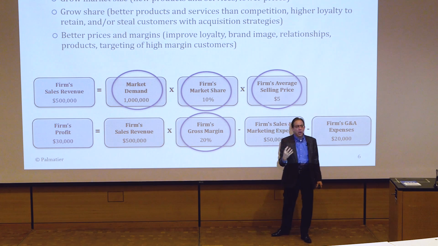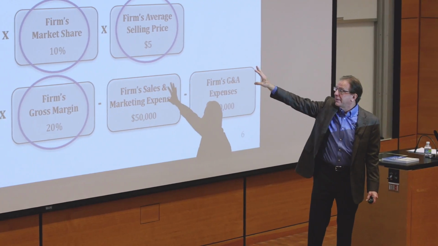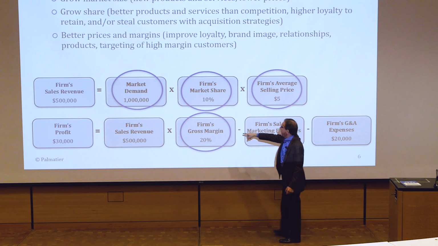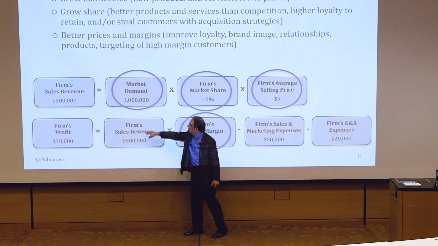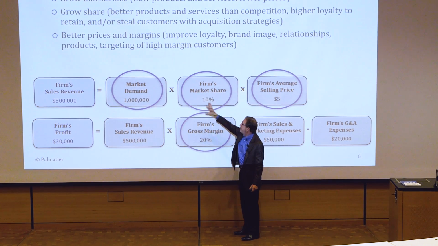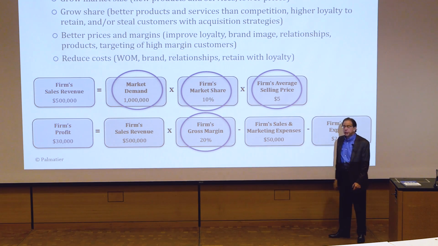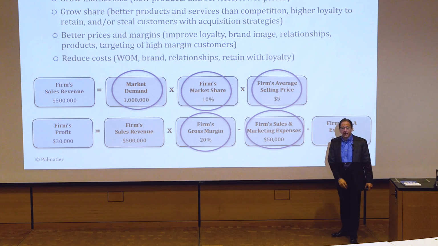So if you want to look at how marketing works, sometimes it's hard to isolate it because it affects it in so many ways. It also affects the firm's profit. First, it increased sales, as we showed up here, but it also increased the firm's gross margin. So it had effects in multiple places. Lastly, it also can reduce cost. It can reduce sales and marketing expense.